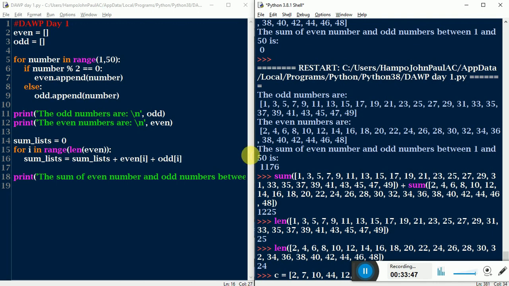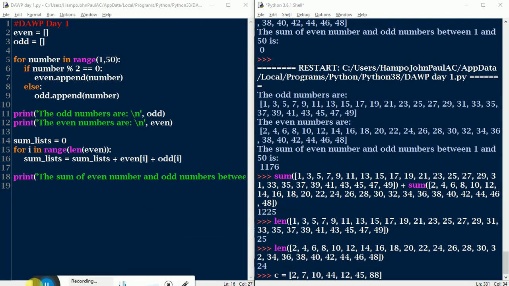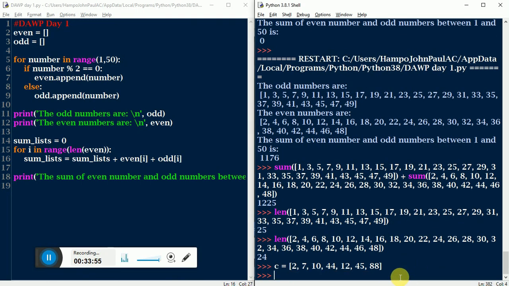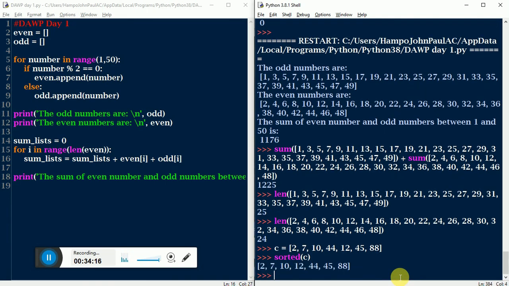And let's say this is our C, and we have a goal to sort this C. To sort C, we can sort our C in two ways, either using the method sorted. If I do this sorted, then I just do this to sort this for me from lowest to highest. But if I want to sort the other way, from highest to lowest, I can do sorted